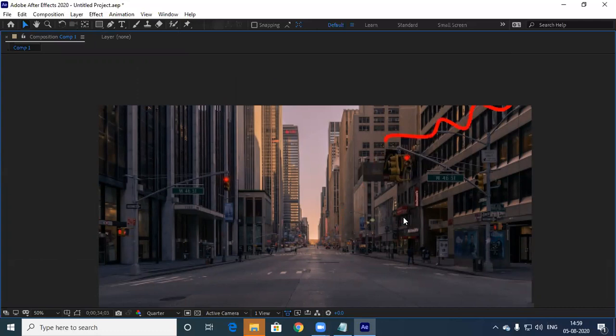Can you do this? A snake effect on a building, or let's say there's a big pillar, this is rotating on it, something like that.